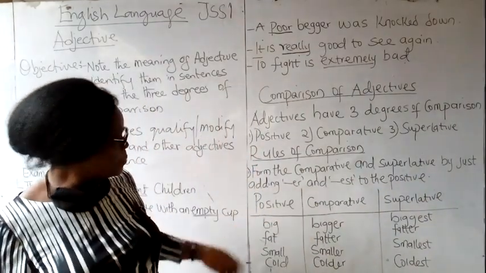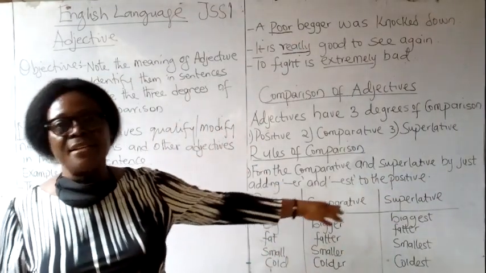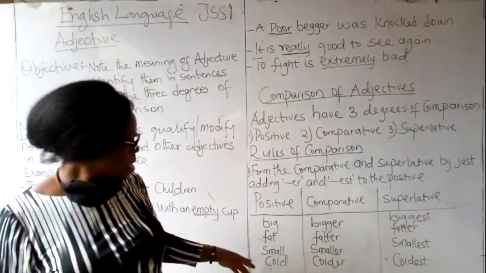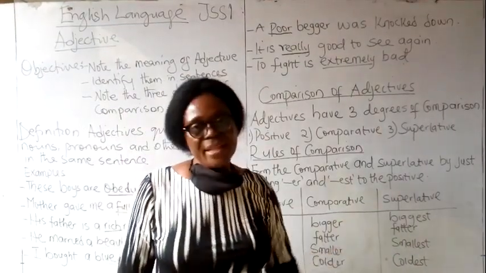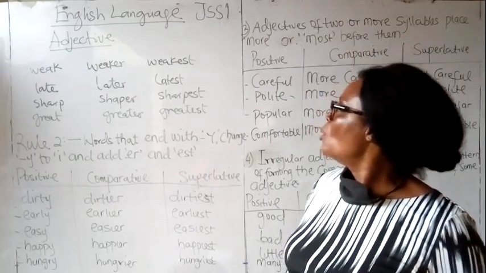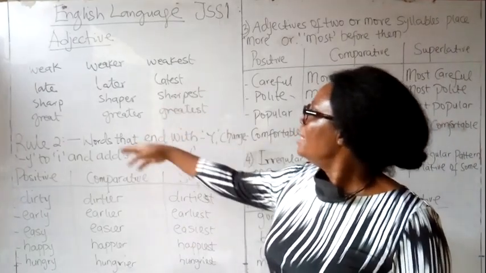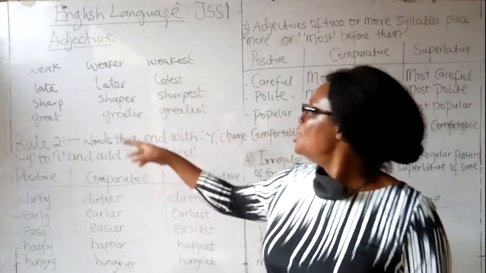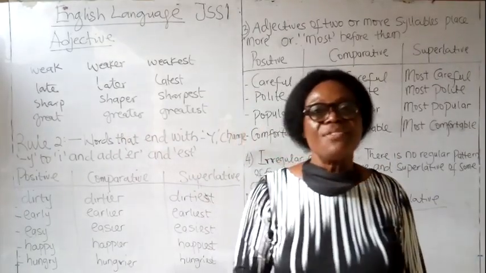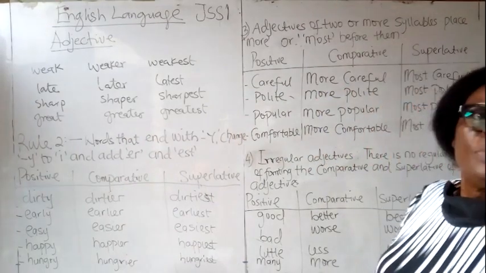And I have some examples here: big, bigger, biggest; fat, fatter, fattest; small, smaller, smallest; cold, colder, coldest. We'll have more examples like weak, weaker, weakest; late, later, latest; sharp, sharper, sharpest; great, greater, greatest. Then under rule number two,